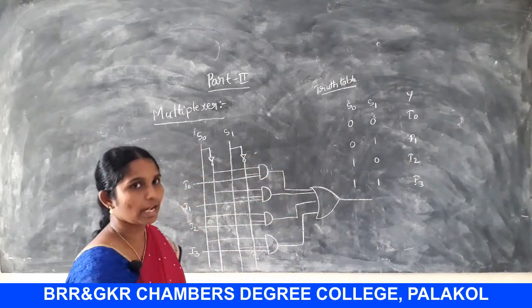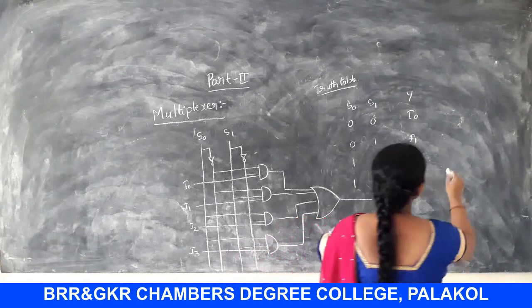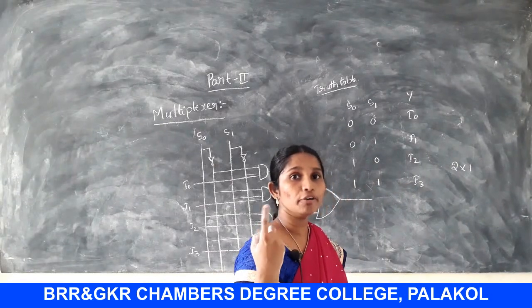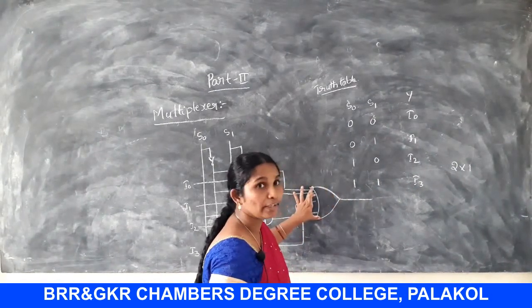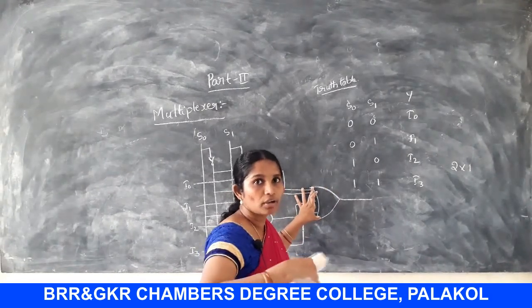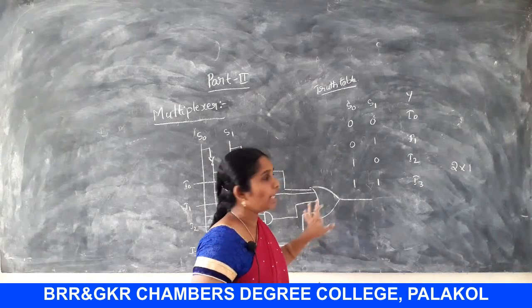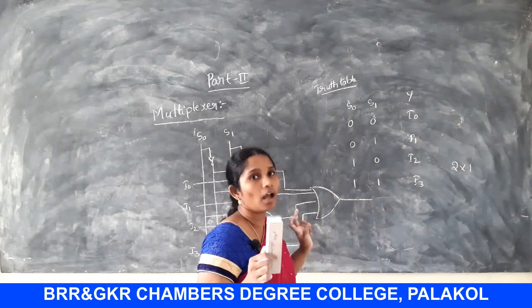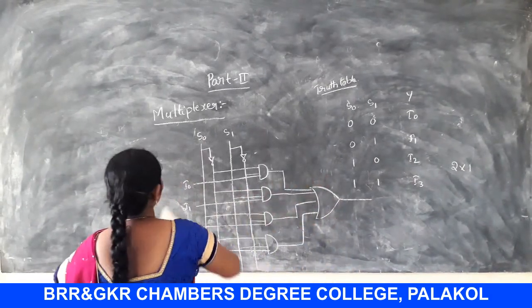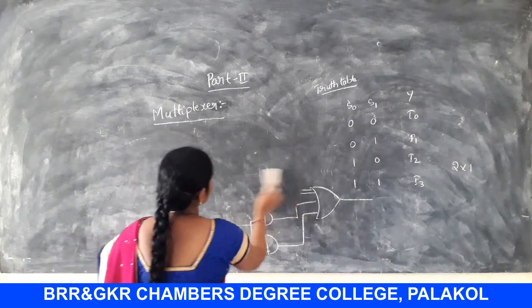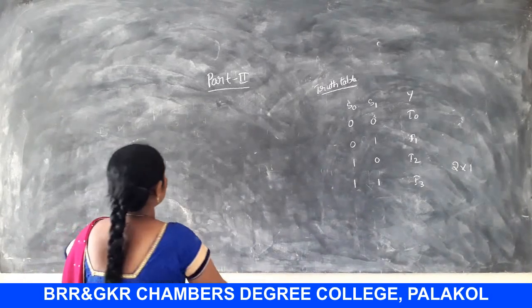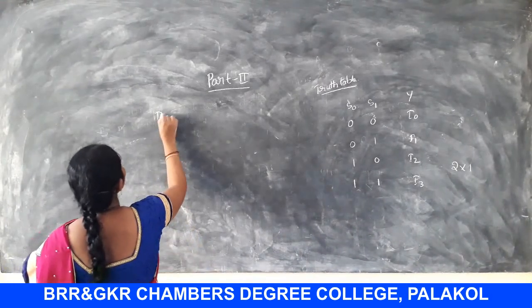In the previous section I explained the 2 cross 1 multiplexer that also produces only one output. At the end of that section, I0 and I1 are connected to the OR gate and it produces only a single output. So you have to modify that circuit. So this is the multiplexer. Next coming to the demultiplexer. Next coming to demux.